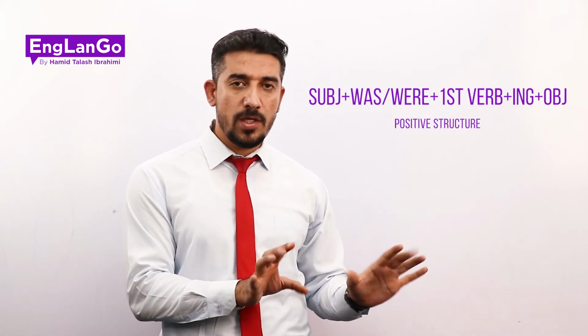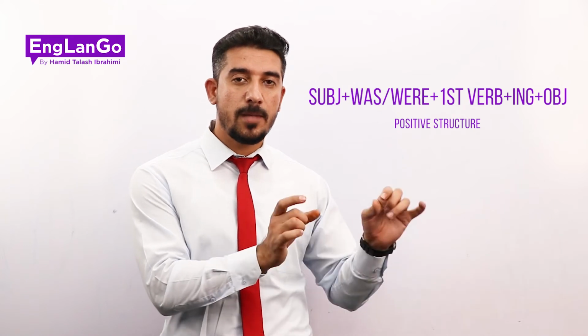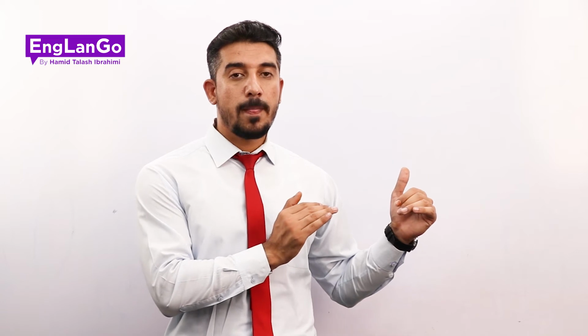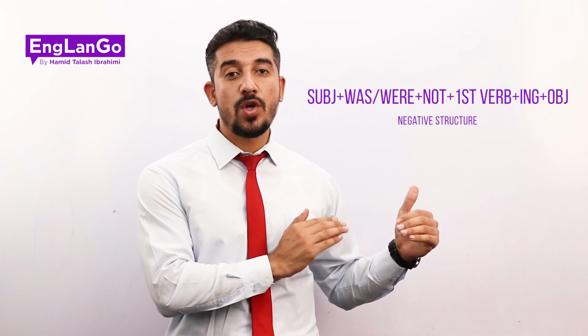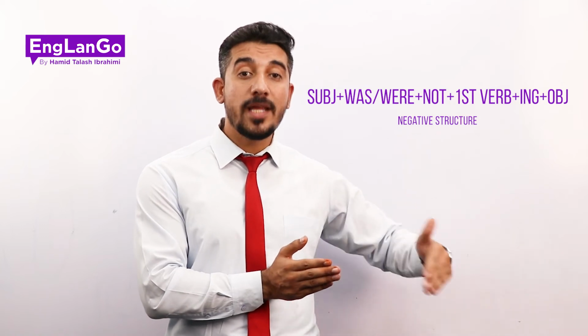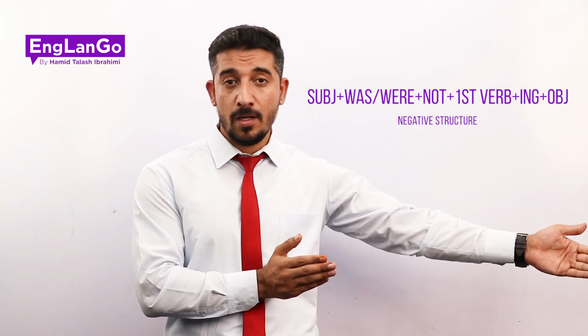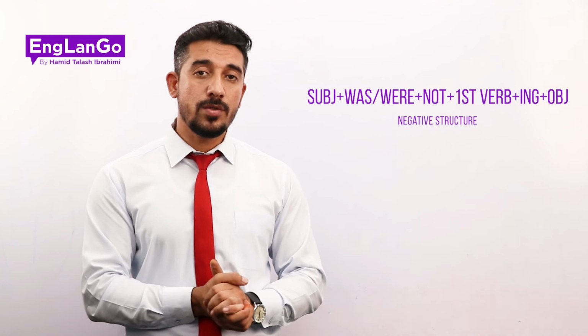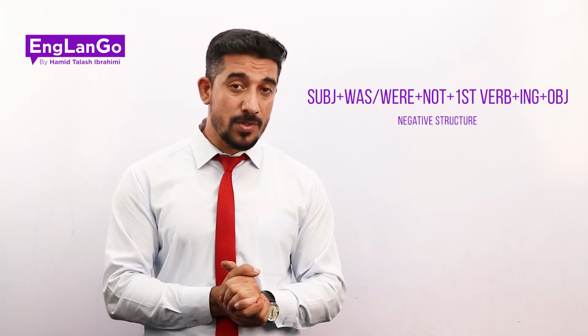The positive sentence structure is like the present continuous tense. Structure वही है, सिर्फ was और were. Is, am, are वहाँ पर है, यहाँ पर was and were change होता है. He, she, it के साथ was, you, we, they के साथ were plus verb ing plus object or complement. Besides that, the negative structure is was not and were not. They were not playing cricket at this time yesterday. Or you're saying she was not taking class at 3:30. That's how you use was not and were not for negative structures.